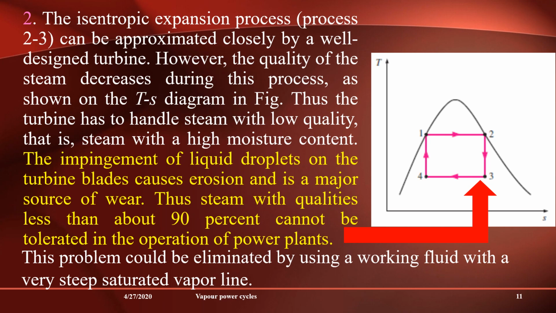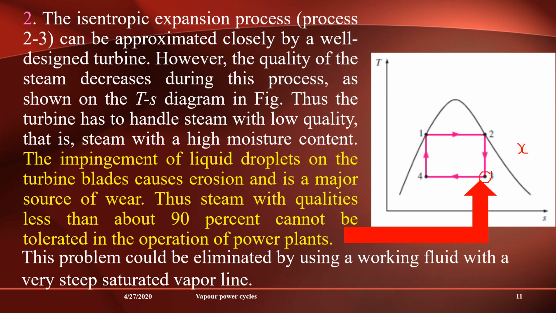So we are using a turbine here. Inside a turbine, we can achieve, or closely achieve, isentropic conditions. But the major issue regarding the process is this point 3. It's the quality of steam. We discussed already the X value, quality of steam X.